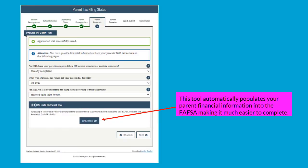Now we are going to talk about your parent tax filing status. If your parents completed their taxes in 2019, so this is last year's taxes, you will put already completed. You're going to type the income tax return that your parents filed and how they filed their taxes. If they are married and filed a joint return or head of household, you will be able to click Link